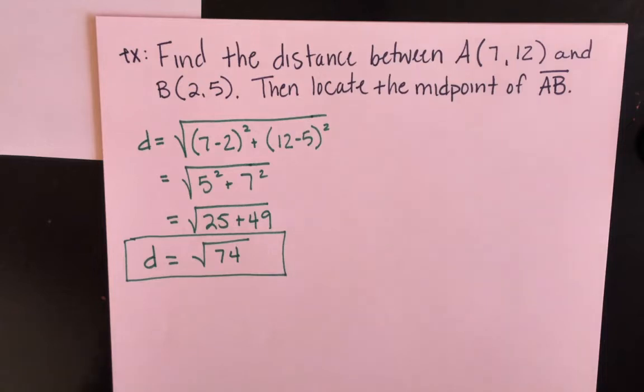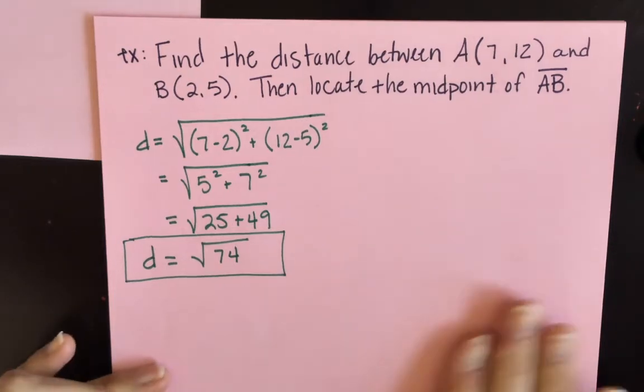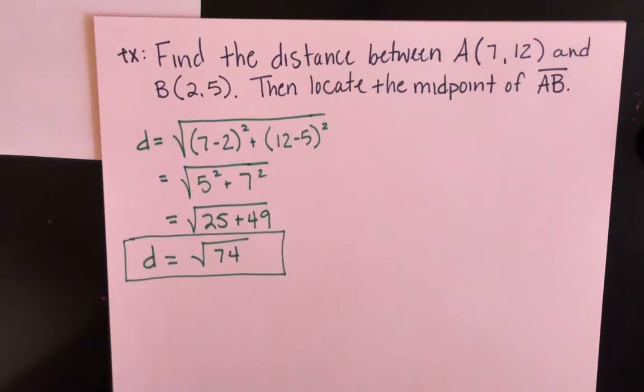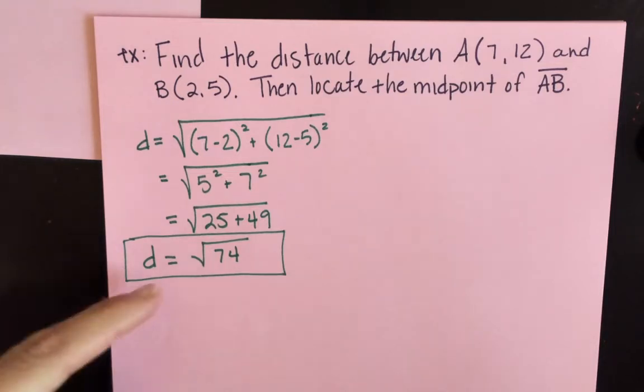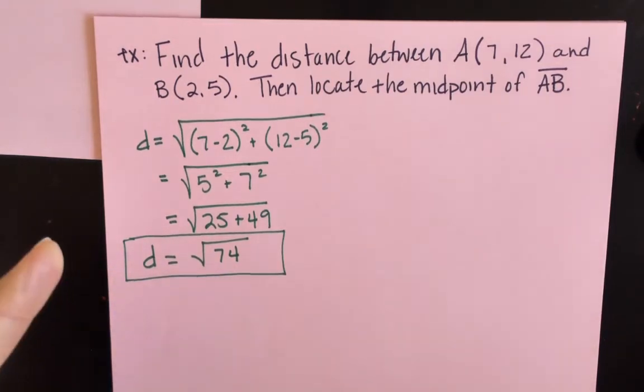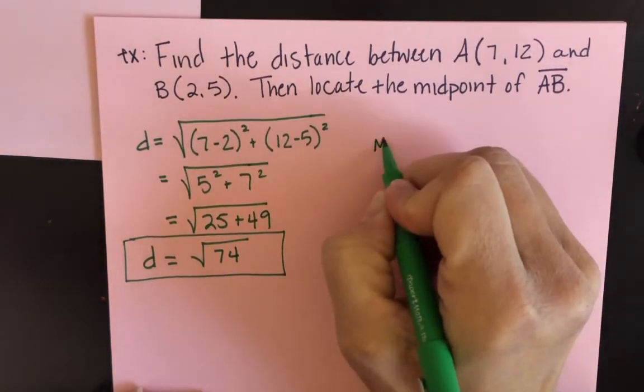Now, obviously, if this was a real life question, what you are going to have to do then is answer the question according to how they ask it. For instance, approximately how many miles or approximately how many feet, you'd obviously have to take the square root of 74. If we then did the midpoint,